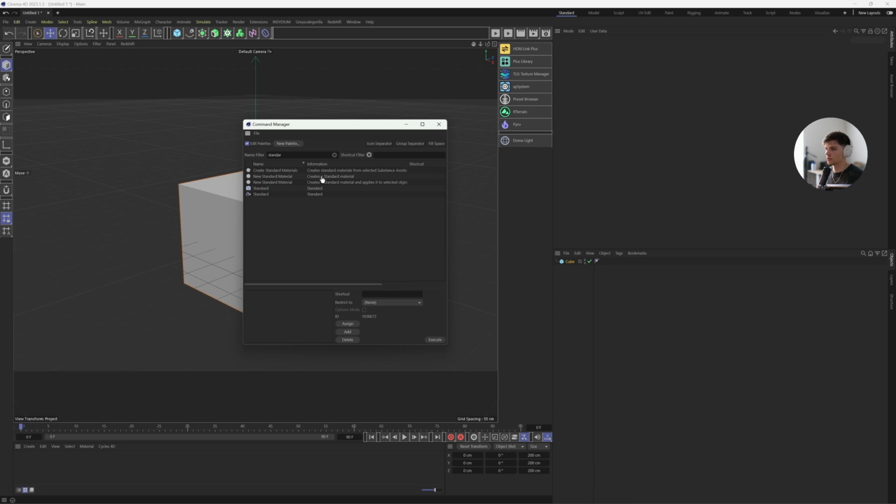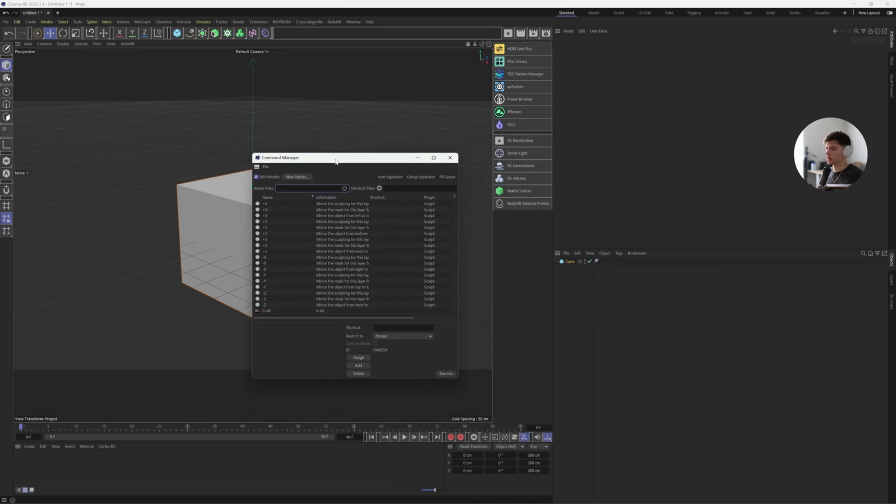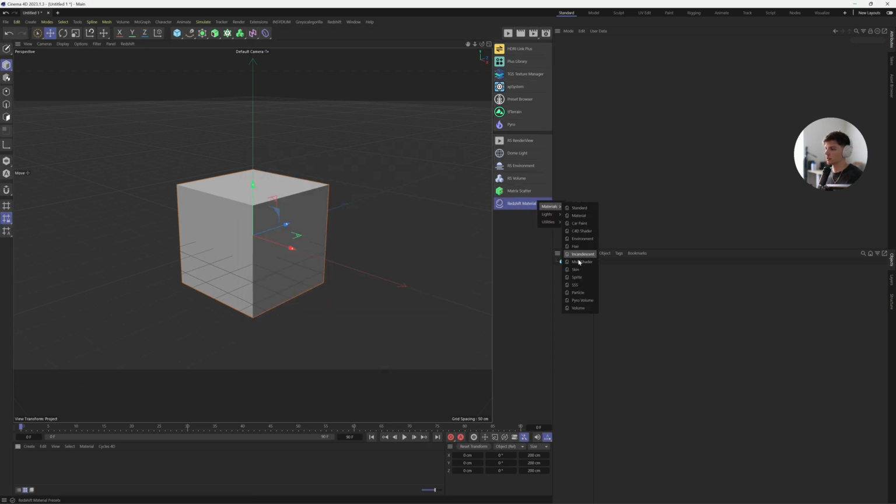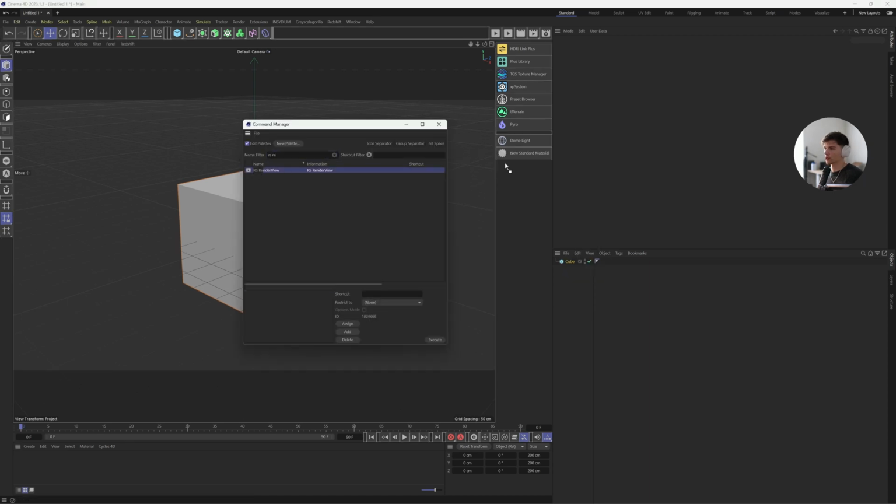Yeah, so we'll just do the one that creates a new standard material. One quick change that I just made while I was kind of piddling around a little bit was I had a new standard material button here that was not for a Redshift standard material. So I just added in the Redshift material presets here so that you can kind of pick directly from what you want here. I'm going to put in another Redshift render view